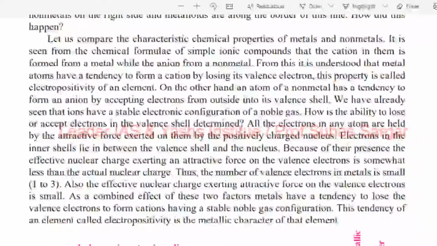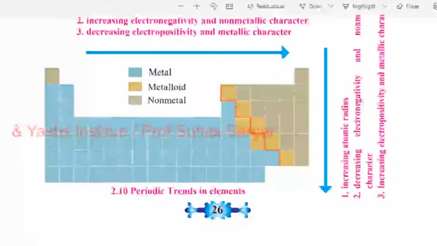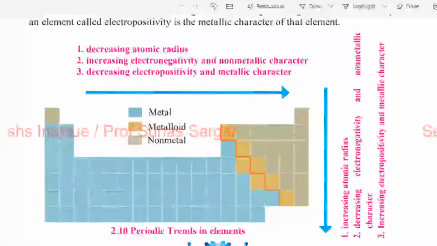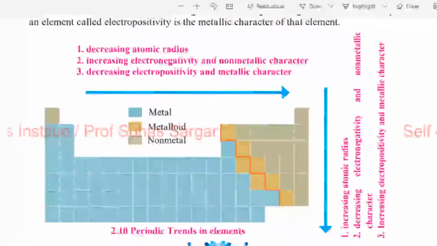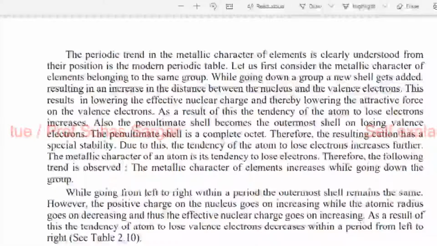As a combined effect of these two factors, the metals have a tendency to release the valence electrons to form a cation having a stable noble gas configuration. This tendency of an element, called electropositivity, is the metallic character of that element. See the pictures of periodic trends in elements. The periodic trends in the metallic character of an element are clearly understood from their position in the modern periodic